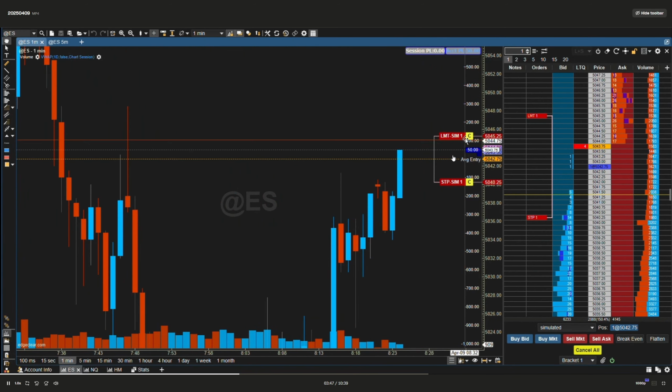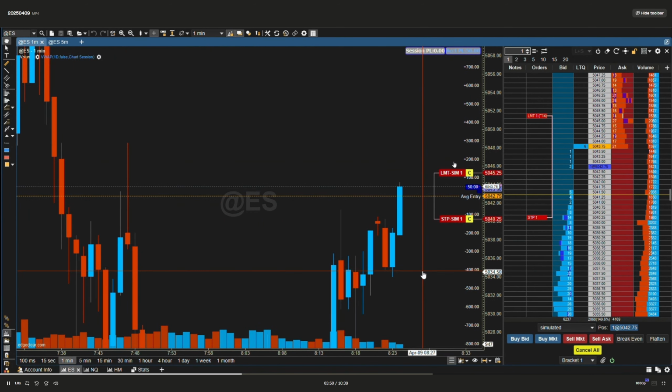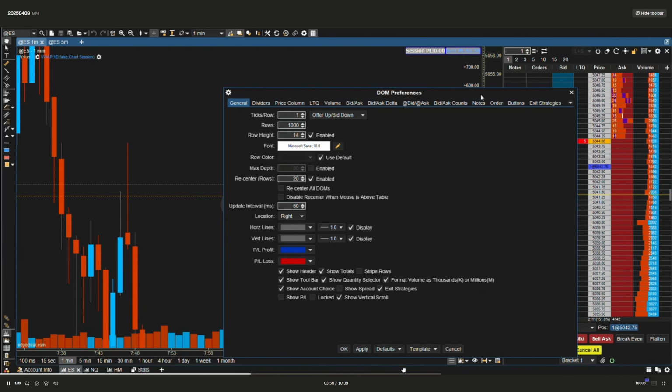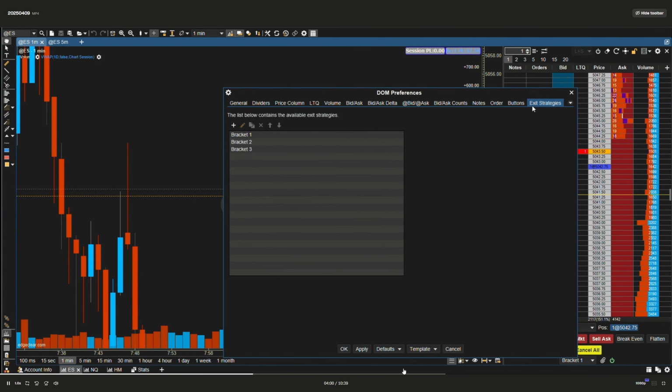Now, it's really important that you pre-configure bracket orders, like if you trade certain points, like 50 ticks up or 50 ticks down, you can just configure it in this button over here. So you get the choice to see exactly how much you want, right? So again, you can also click settings, exit strategy, and you can also modify your brackets here, right? You click on the pencil,